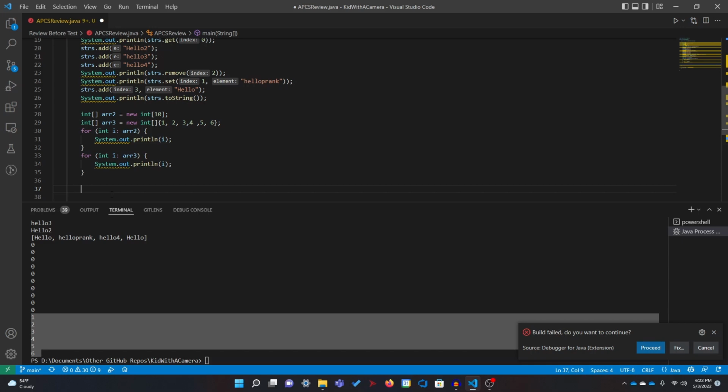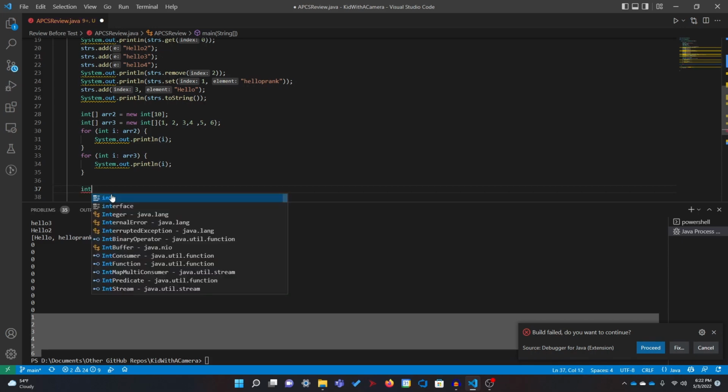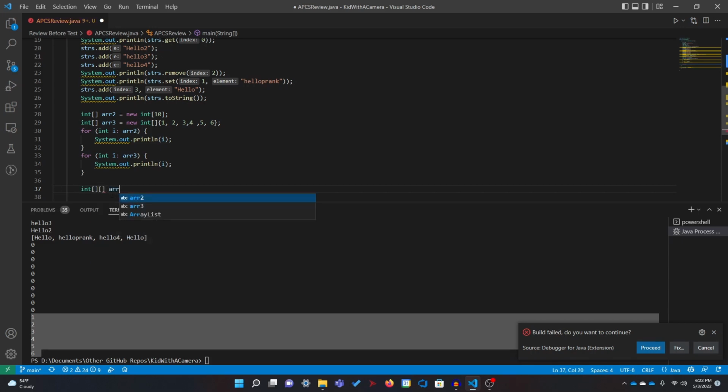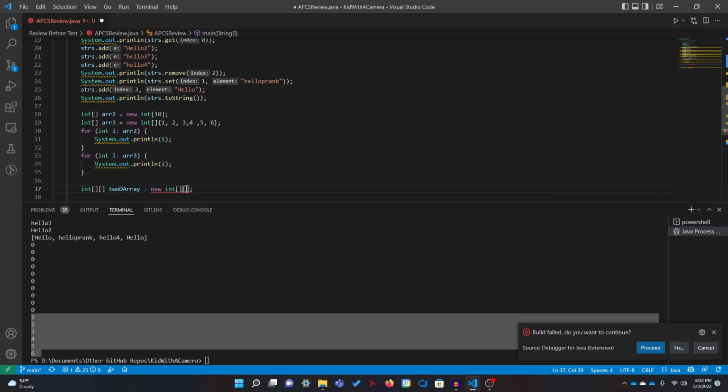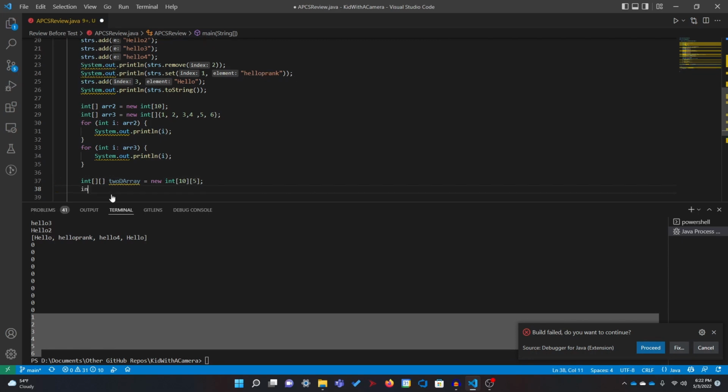Now let's go to two-dimensional arrays. So you do your type, you put 2 square brackets, new, and again 2 square brackets. Now you have to allocate memory in the first bracket at least. So I'm going to allocate memory of 10. If you don't allocate memory in this second one, it's called a jagged array or an uneven array. Basically, those arrays within the arrays can be different lengths, or you can allocate it, where those have to be arrays of length 5. So we have a 10 by 5 array, or you can have